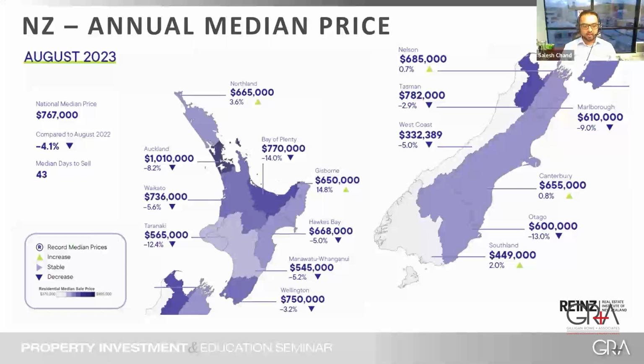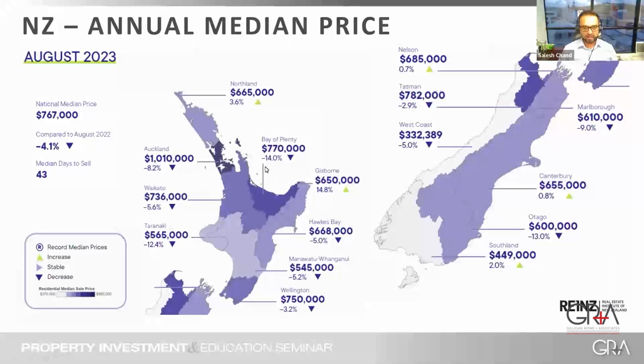One of the places I want to talk about is Gisborne. This is quite an interesting place. It's gone up 15% in the last 12 months, and actually its rent is higher than Auckland now. A 4-bedroom house in Gisborne rents for about $800 to $900 per week. So the rents in the regions outside Auckland are really high.